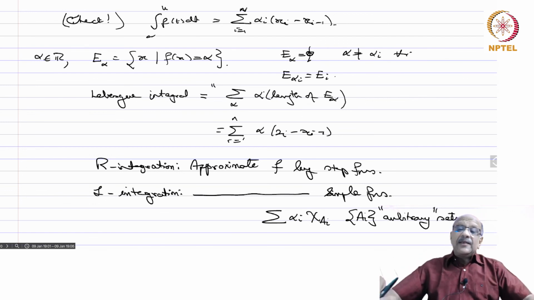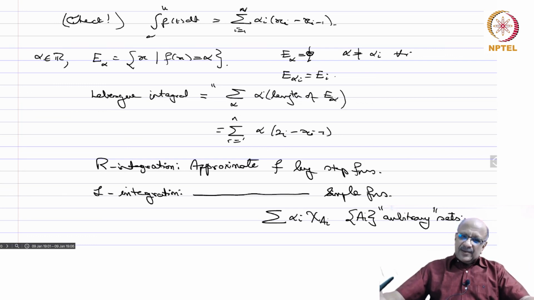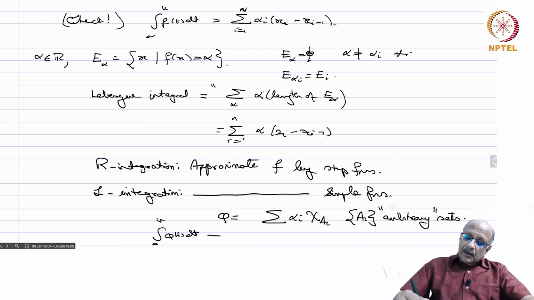This is the second giant leap. So there are two leaps of imagination which we have here. First is to walk along the y-axis so that you get a global view of the function, and the second is to replace the step functions, which depend on partitions and intervals, by writing this. Now you compute the integral of phi(t) dt, which for Lebesgue is by definition the sum of alpha_i times the length of A_i.